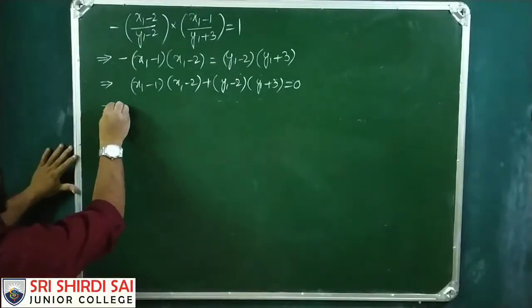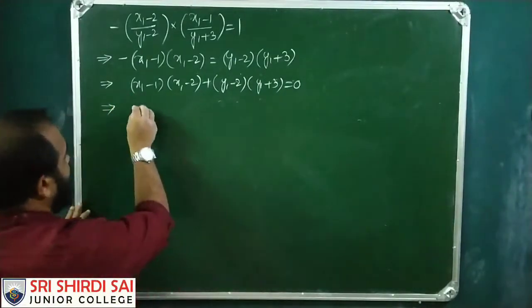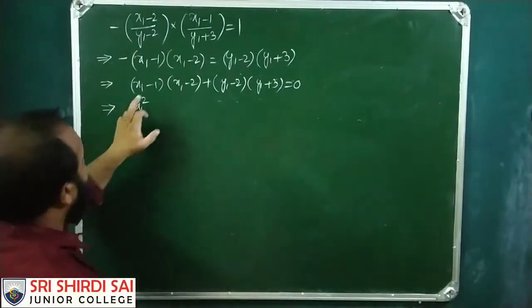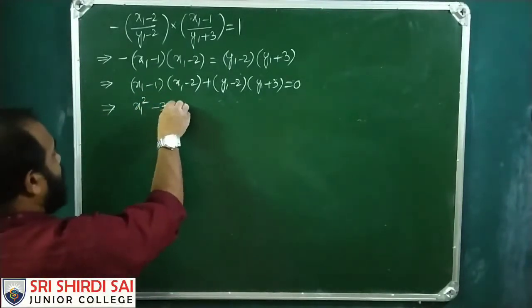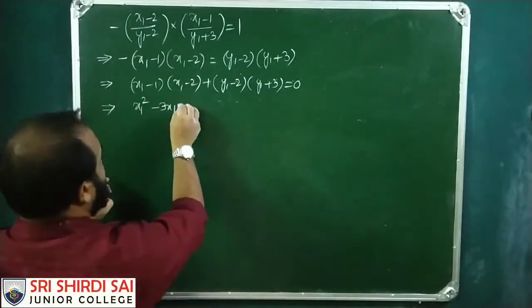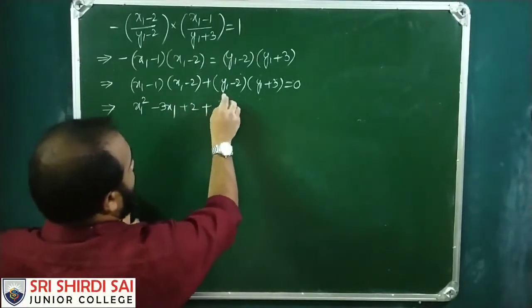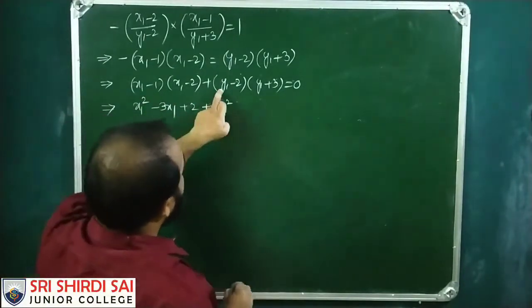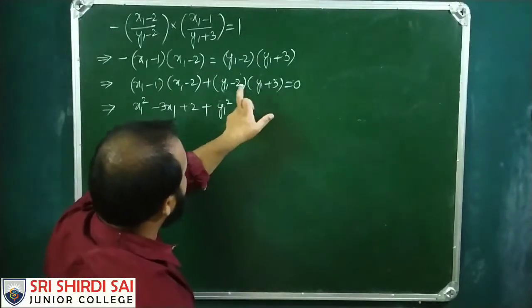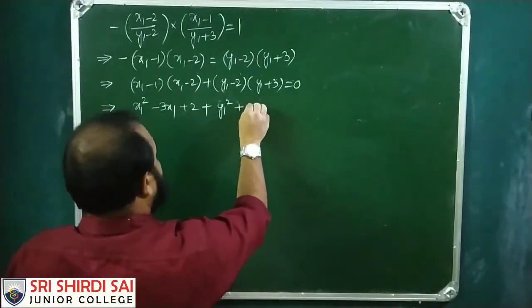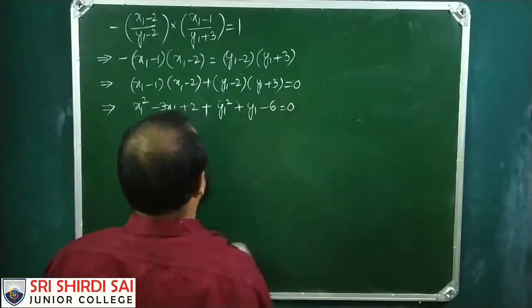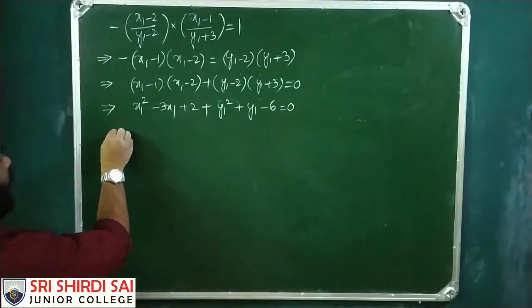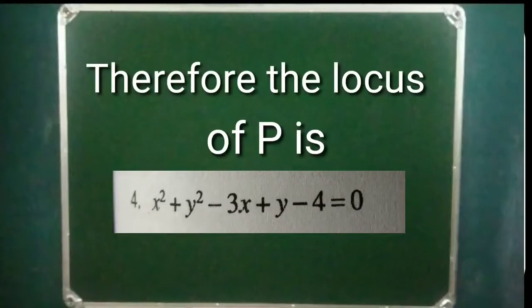So this implies x1 square minus 3x1 plus 2 plus y1 square plus y1 minus 6 equals 0. So therefore the locus of